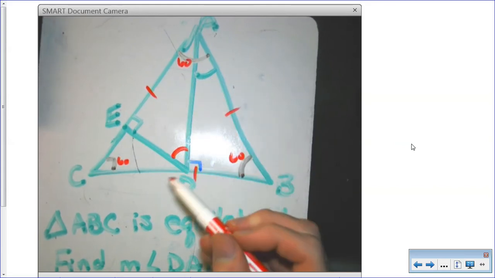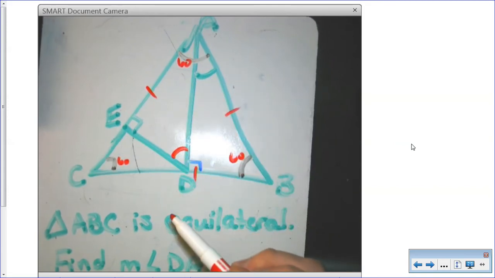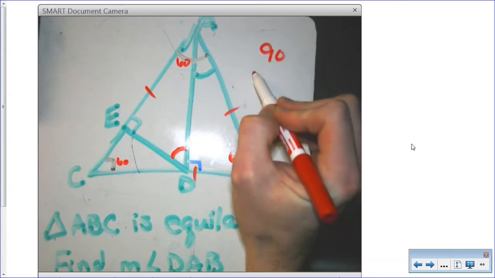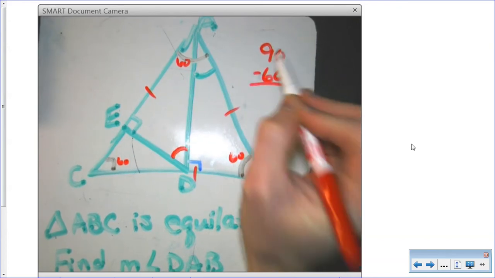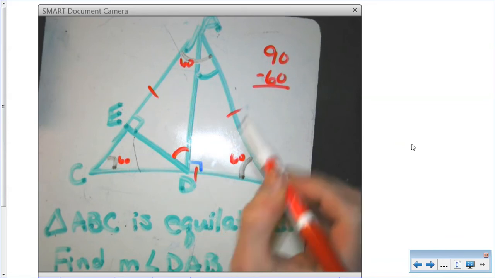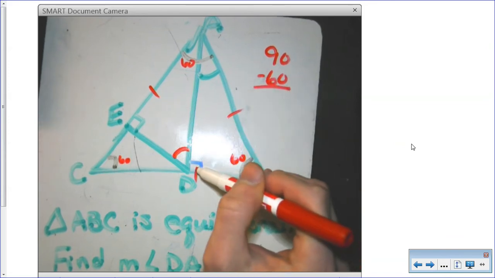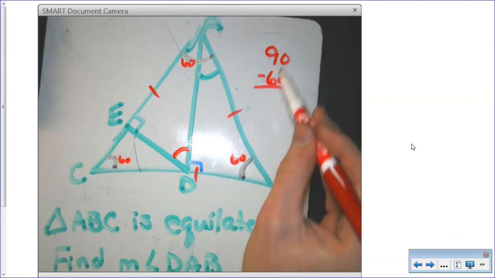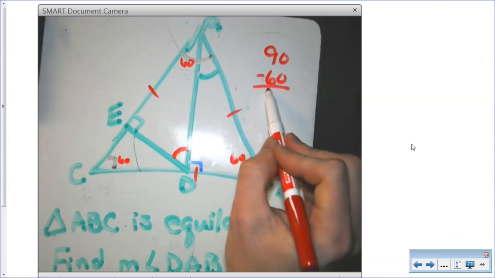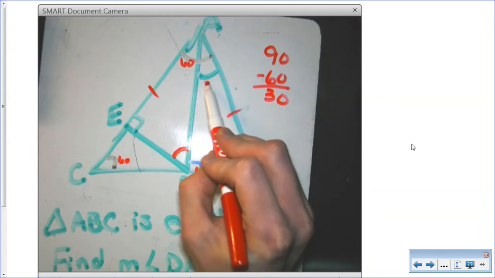So I know that if I have a right angle, I only have to worry about 90 degrees and then subtracting 60 degrees from it. That 90 degrees is not the right angle. That 90 degrees is how many degrees are left in the triangle after I get rid of that right angle in my math. So I did 90 degrees minus 60 degrees, and I'm going to see that this is 30